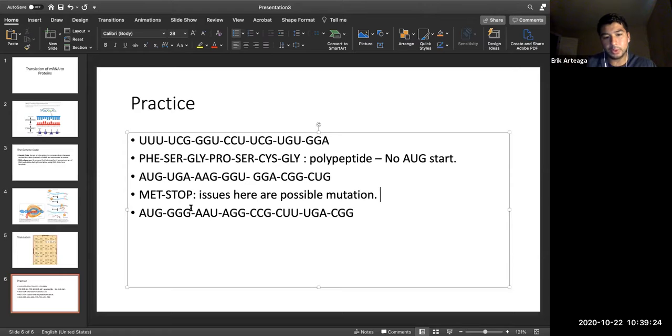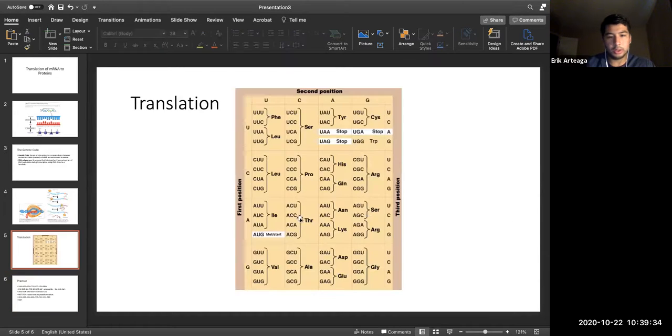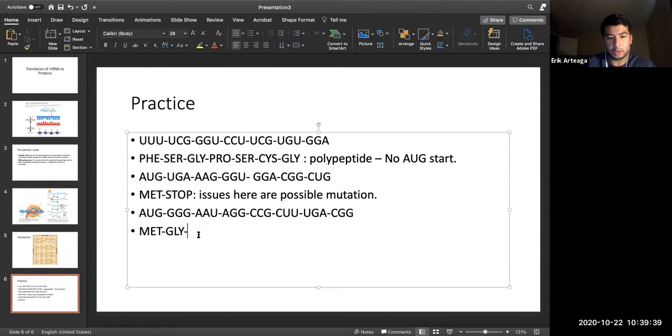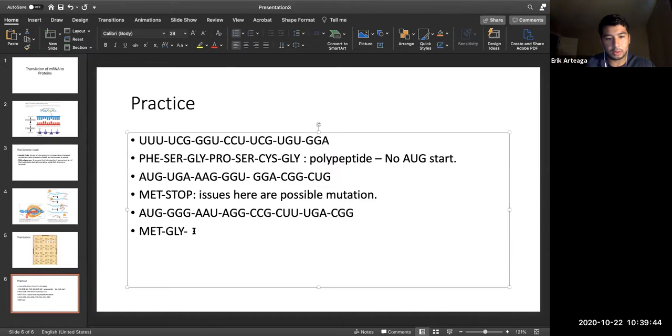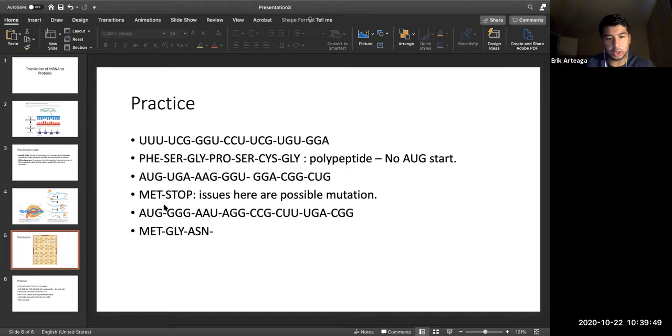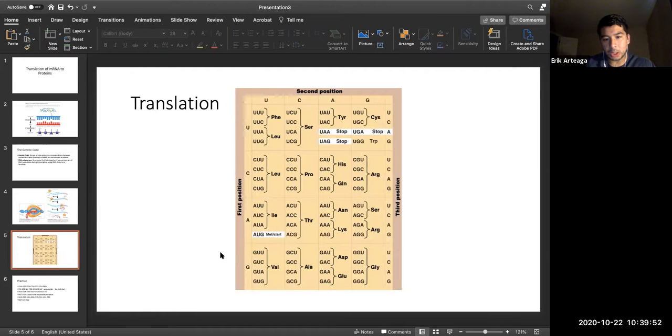Okay. Right, because you just have a start and then a stop. Okay. Again, methionine, GGG. Here we have GGG, we have glycine, AU, I think it's aspartic acid, AGG, am I missing something? Oh, arginine,